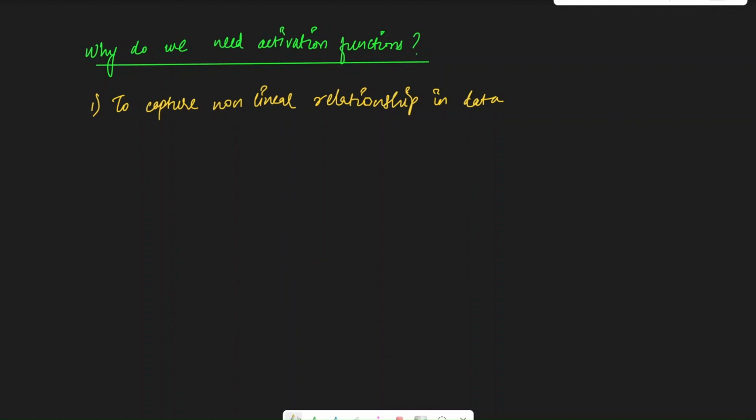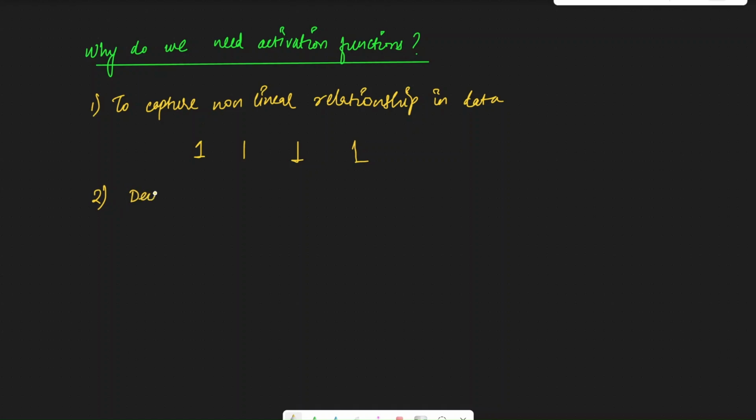Suppose that we had to identify handwritten characters. Somebody would write one like this, somebody would write one like this, someone will write it like this. So there are different styles, different orientations, different thickness of these lines, which our neural network needs to understand so that it can identify whether this is a 1 or 9 or whatever other number it is. So in order to capture this, we need to have an activation function.